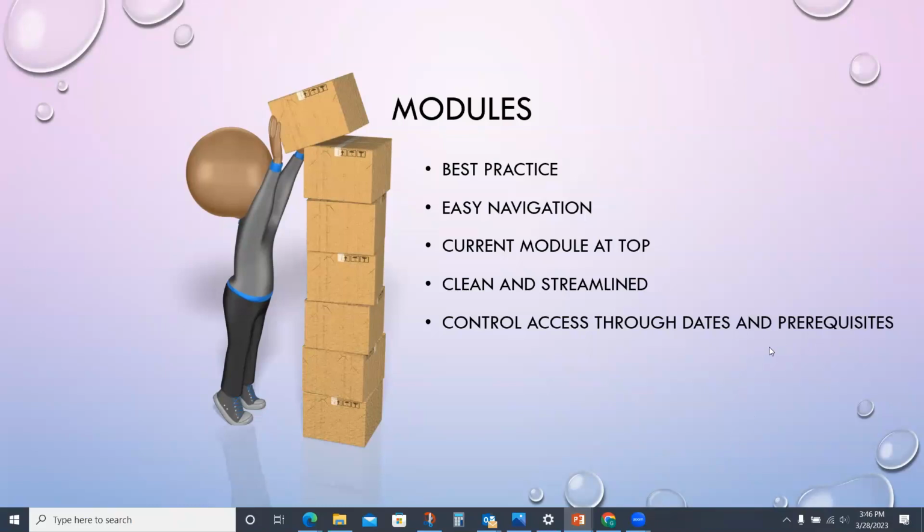You can also set prerequisites. So if you want to make sure that students are not accessing things further down in a module until they've done everything before, you can always set that up as well. So you can be very specific about what you want students to do before they can access the items further down in the modules. Again, I can show you this at the end if you need further instruction on that, but just know that this is something that you can do that is going to require students to at least click and look at individual items in the course before they can move on.